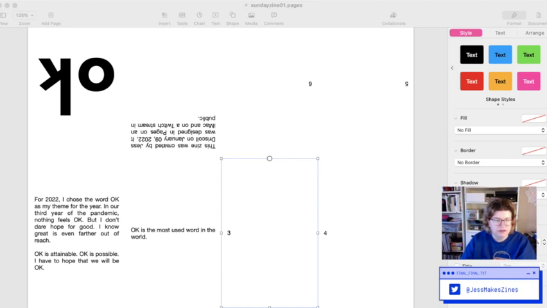Problem is, because it's a table, I can't copy and paste, because I'm going to copy and paste all that other stuff that I don't want. So I think the easiest way to do this,